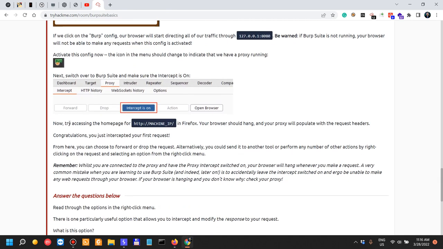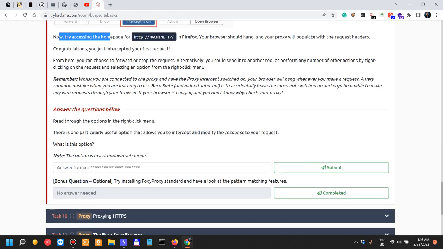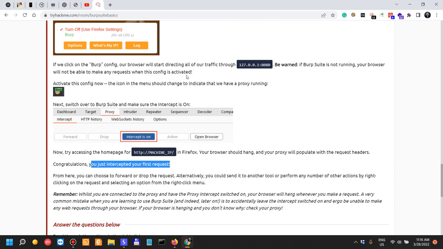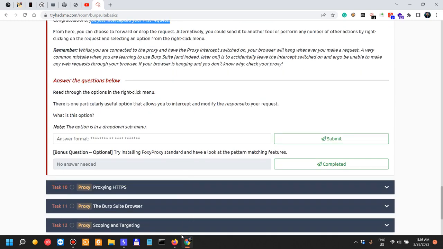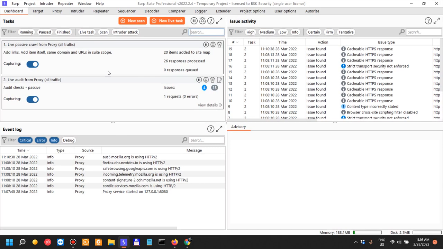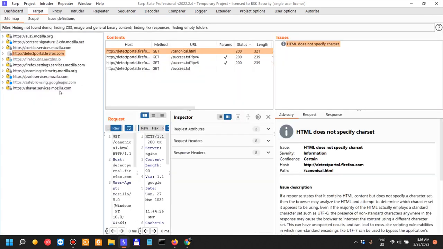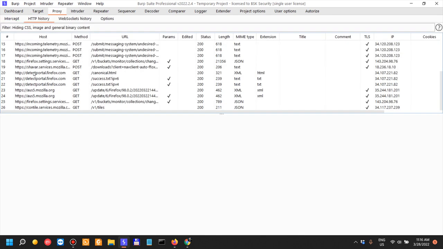So let's fast forward through this. You've intercepted your first request. We have this already fired up. We have the target, and we've already intercepted stuff from Firefox. If we look into the HTTP history,